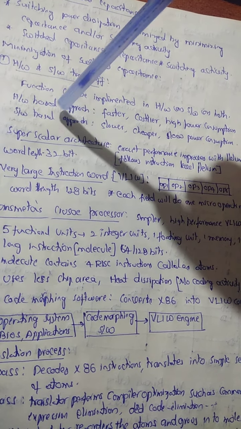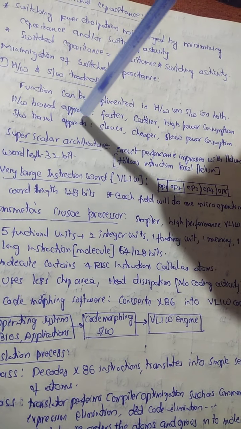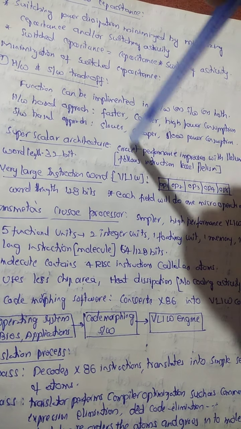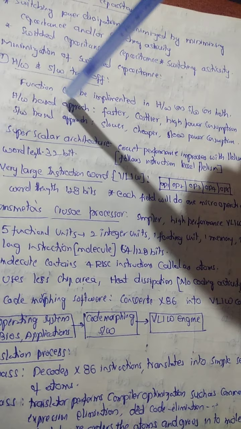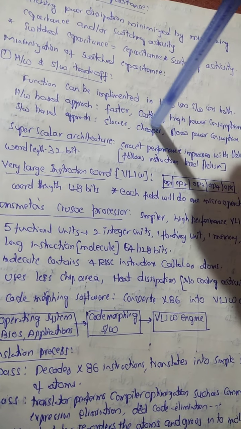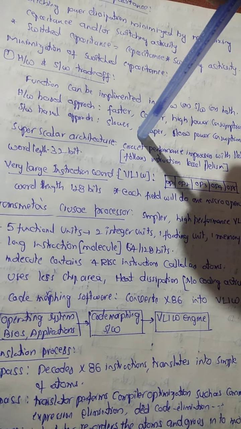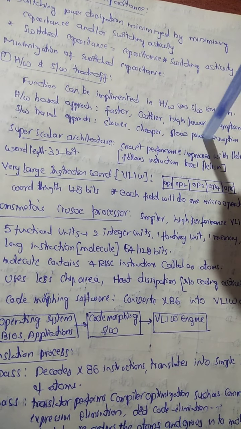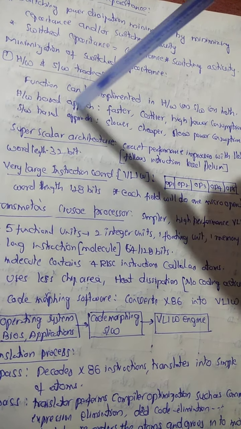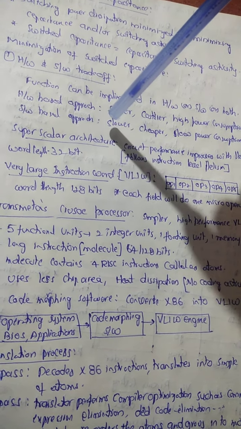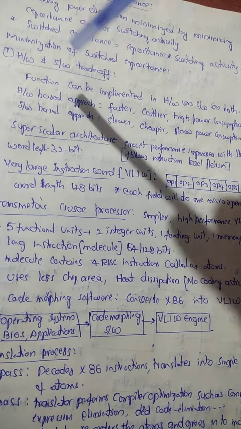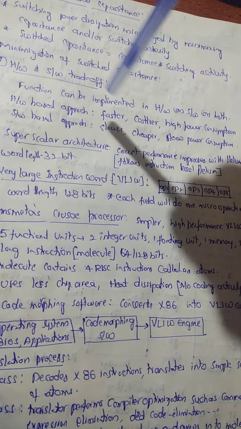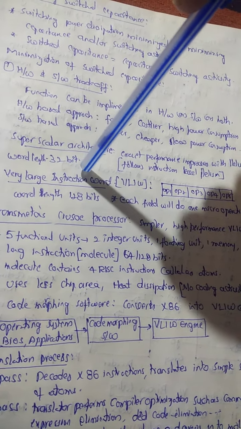Now we will see what is under the software based approach. Of course, it is going to be somewhat slower based upon the circuit. When compared with hardware, the software one is going to be very cheaper. Coming to power consumption, which is a very important parameter, it has very low power consumption. If we go for that implementation, we are supposed to have two architectures. The first one is a superscalar architecture. The next one is a very large instruction word.